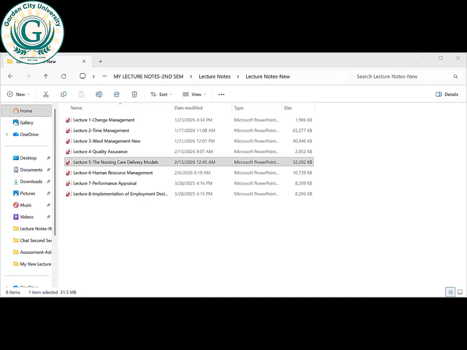Okay, so now let's go through the nursing care delivery models or systems. These are some of the frameworks that we use in the ward to take care of the patient. In this lecture, we will explore the various nursing care delivery models used in healthcare settings. Some hospitals here in Ghana are using these frameworks. These models are designed to ensure that patients receive the best possible care in a structured, effective, and efficient